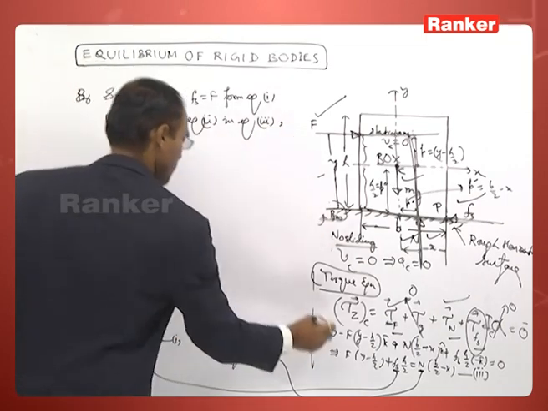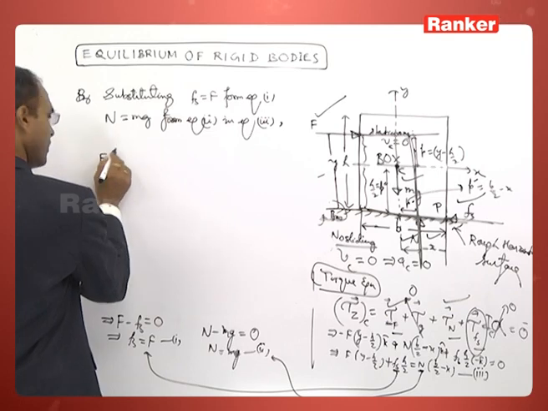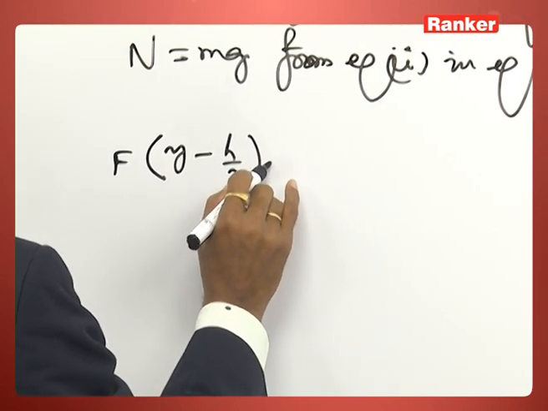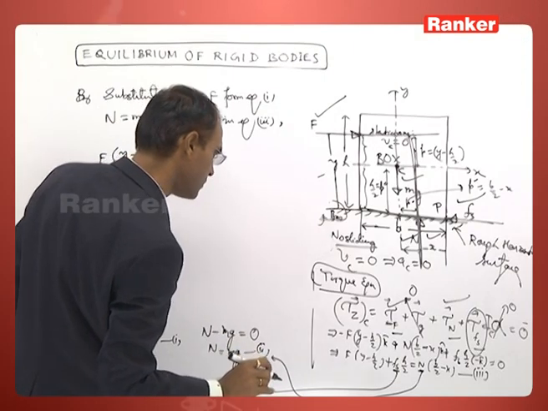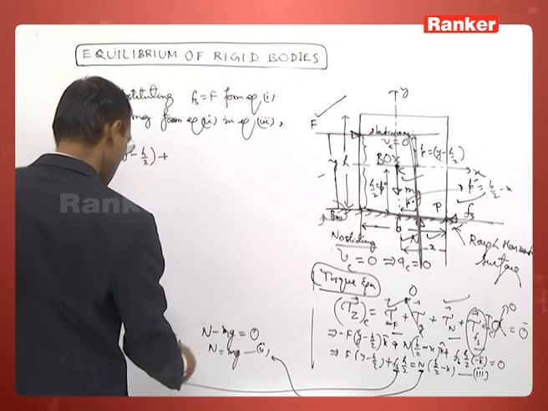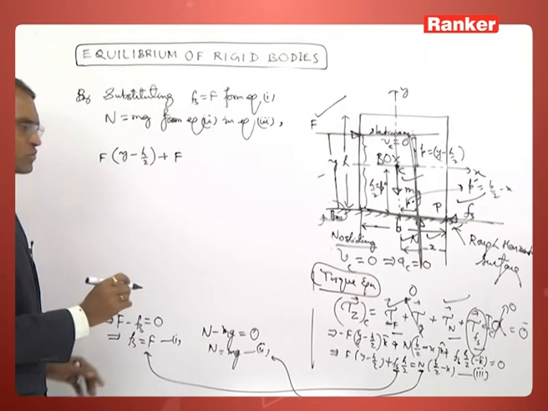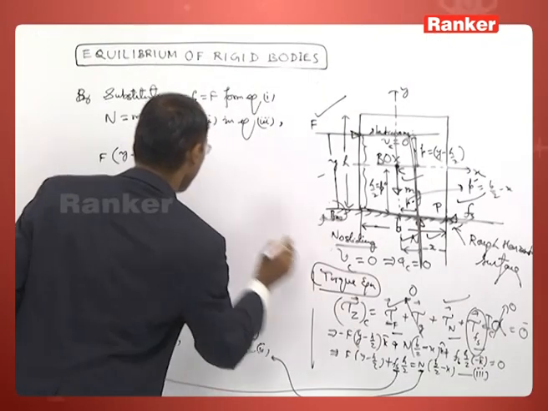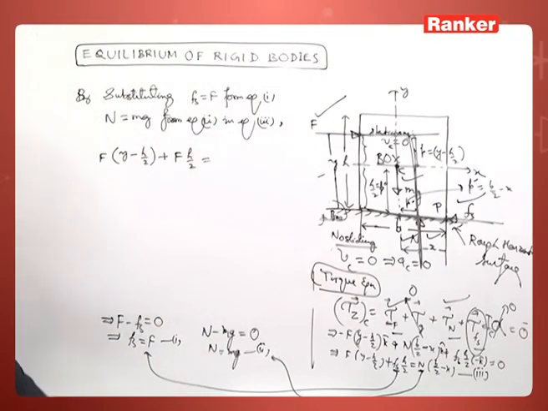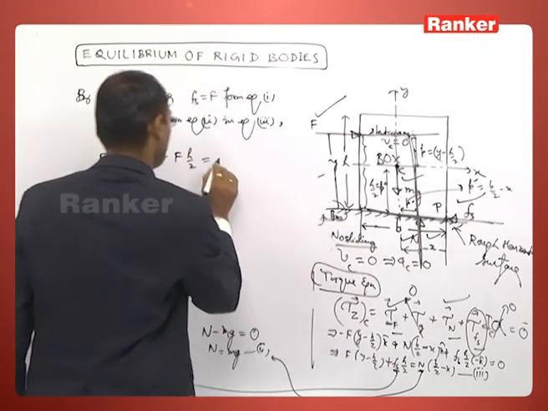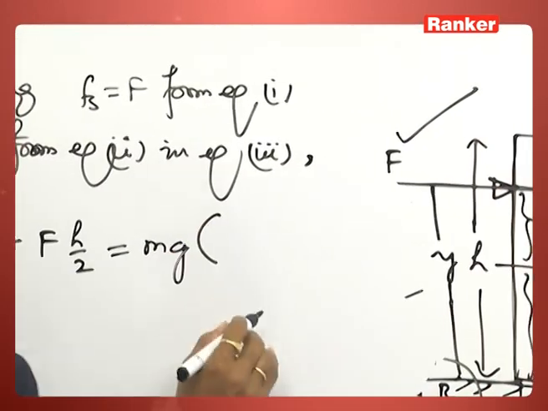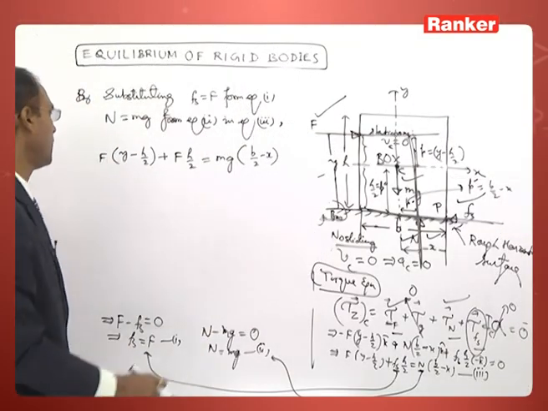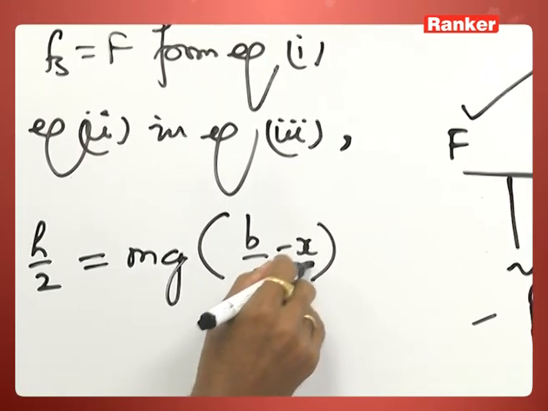We have F into y minus h by 2 plus, what is Fs? That is equal to the applied force magnitude wise into h by 2 is equal to the normal reaction, which will be equal to mg magnitude wise, into b by 2 minus x,